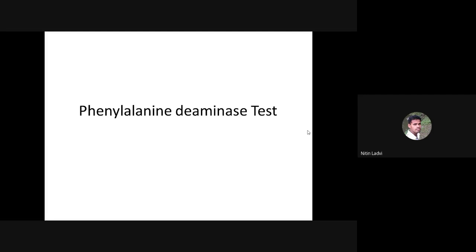Okay, so obviously there are a variety of enzymes which carry out the catabolism of amino acids. Basically 2 main groups of enzymes are involved in the catabolism of amino acids: first the decarboxylases, and second the deaminases. Some biochemical tests have a principle based on the decarboxylase enzymes, and some of the tests are based on the deaminase activity.